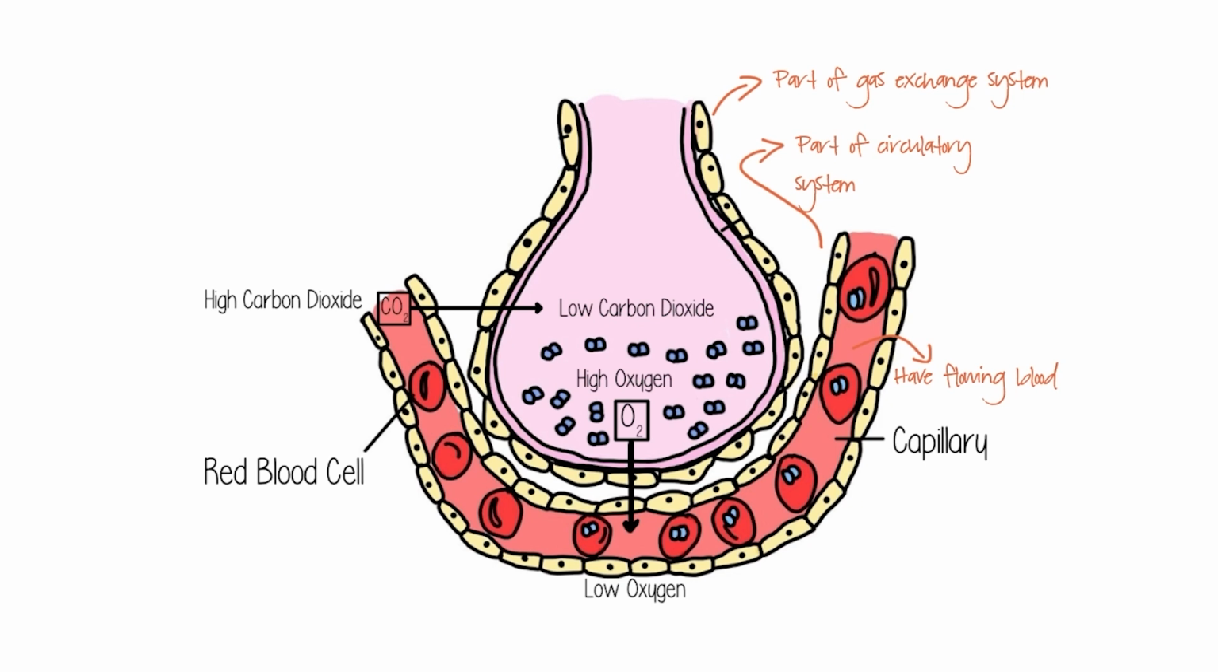So the alveoli have a much lower concentration of carbon dioxide. That allows carbon dioxide to diffuse from the blood into the alveoli. On the other hand, the concentration of oxygen in the alveoli is much higher, so oxygen can diffuse from the air in the alveoli to